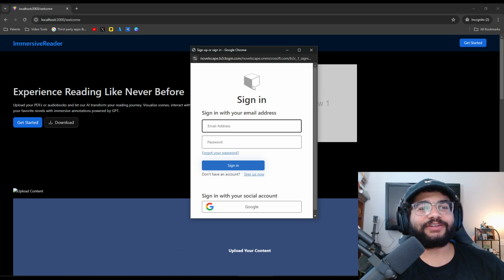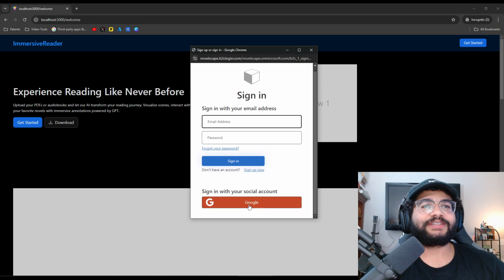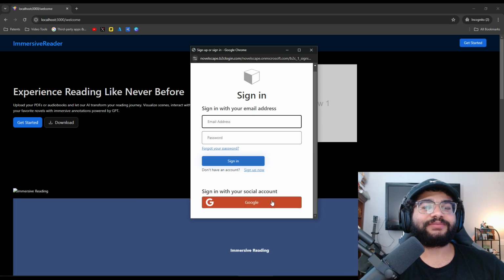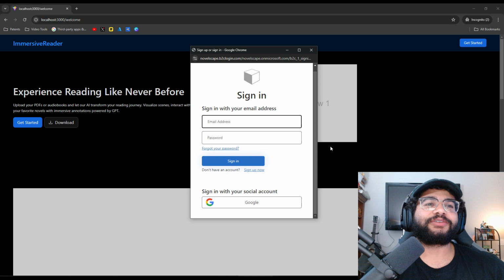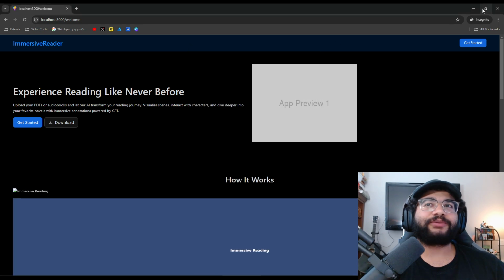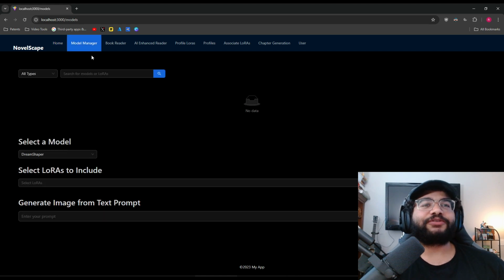I haven't put in a logo yet because I don't really have one yet. Right now it's only Google sign in, but having others like Sign in with Apple would be good in the future, and just typical email and password. So that works.